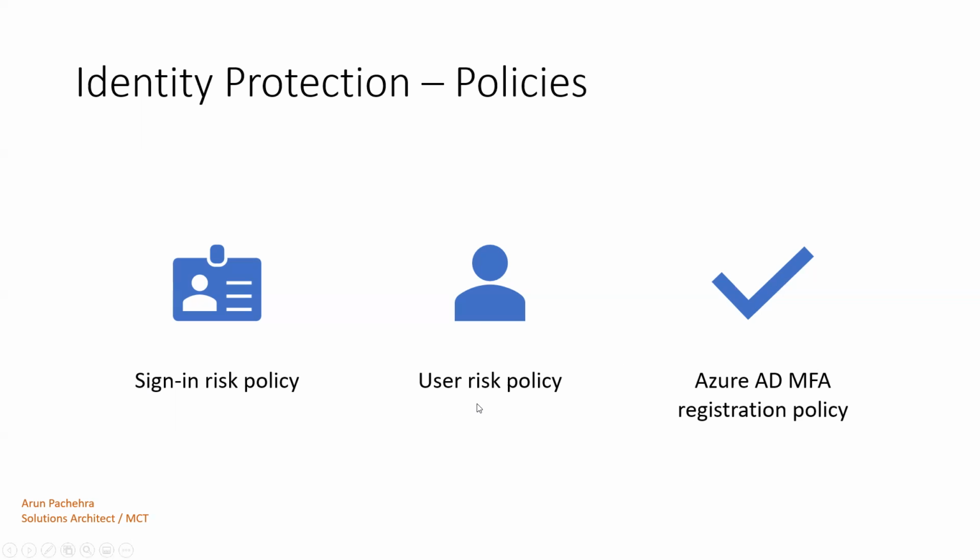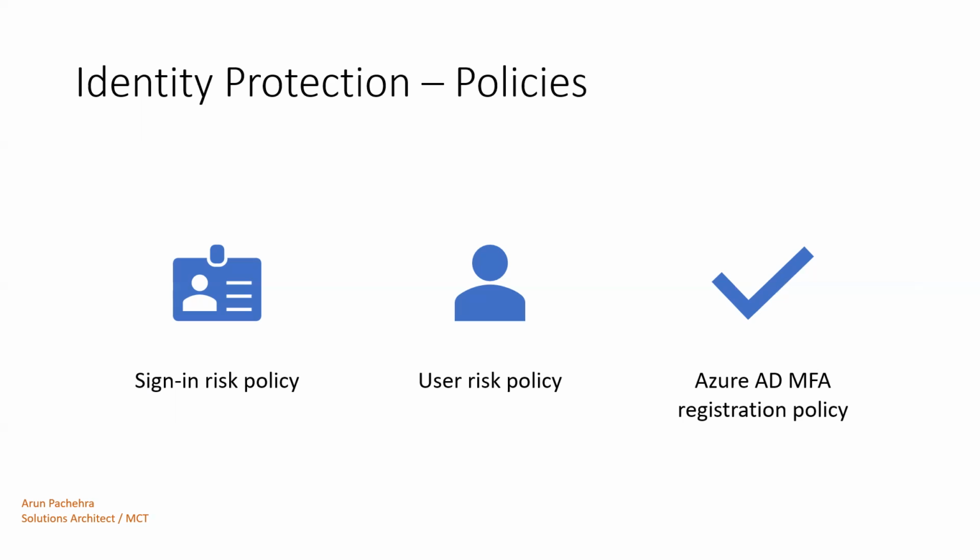Now, user risk policy. This policy can be used to automate the response to user risk detection based on the risk level, just like sign-in risk policy. Everything is the same. Now, let's try to understand through an example. We can require users to change their passwords if their accounts are flagged for a high-level user risk, right? So as per the risk level, we decide what to do, what not to do on the control. Block, allow, or allow access with either MFA or require a password change, things like that. We have seen that in the conditional access policy creation